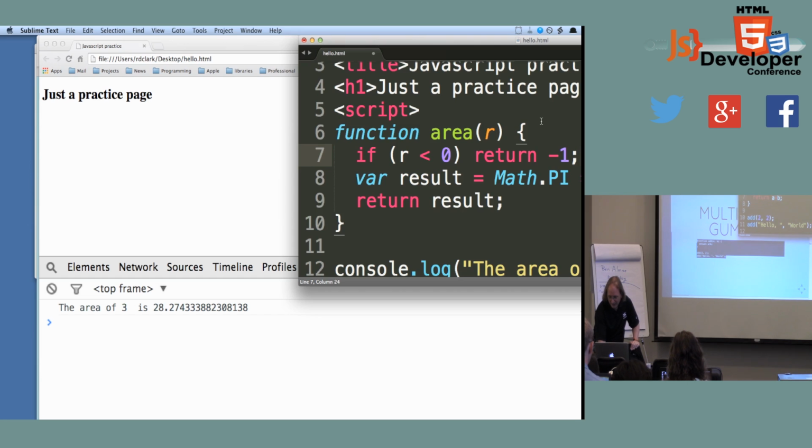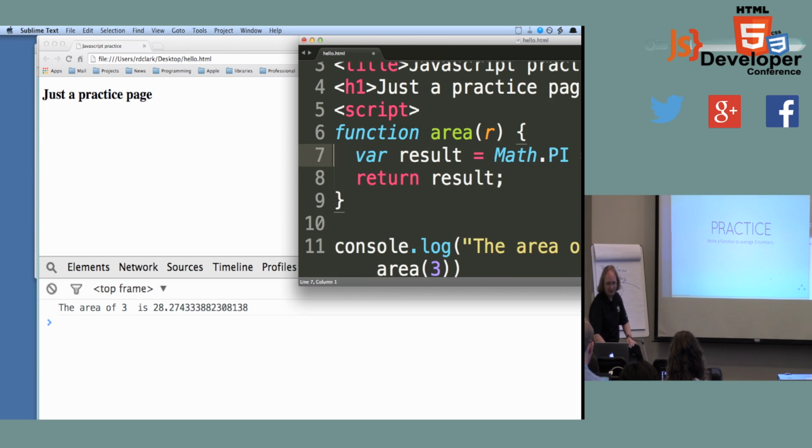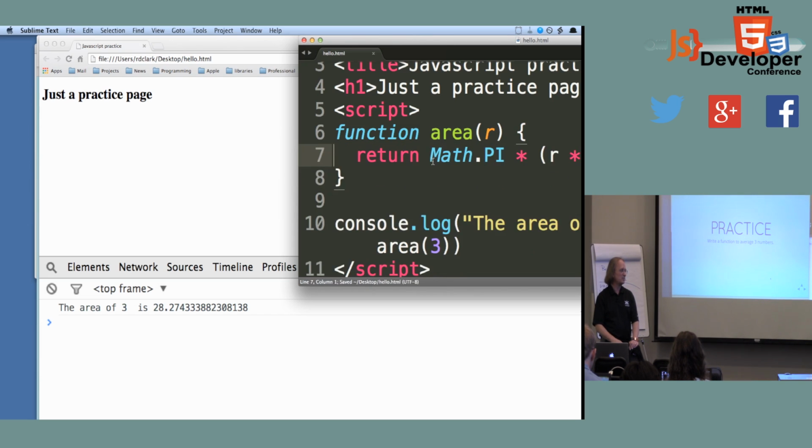And again, especially if you're new, I do suggest trying these things out in the browser. So in fact, here's a bit of practice. So write a function that will take 3 numbers in and find the average of them. So, a plus b plus c and divide it by 3. You'll need to put parentheses around the addition just like you do in high school algebra. Because otherwise, division has higher precedence.